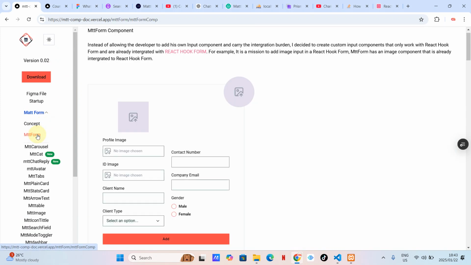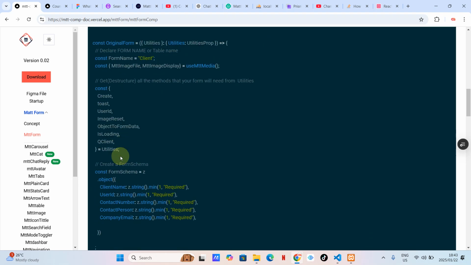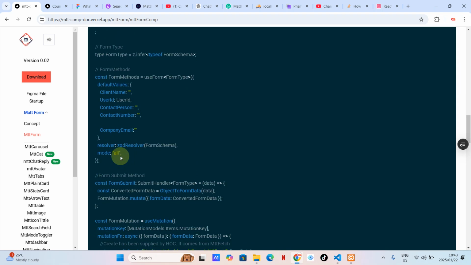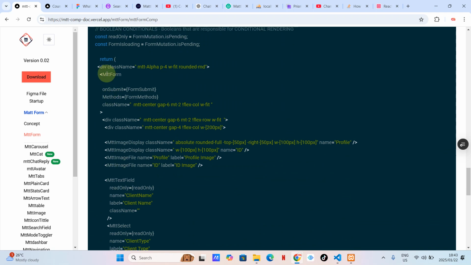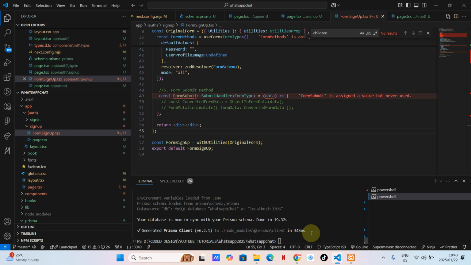Metform. Okay, let's see. Where is metform? The JSX, as you can see, guys. So when you are using metform, you just need to have a metform component, pass on submit, and pass form methods, and that's it. So let's copy this